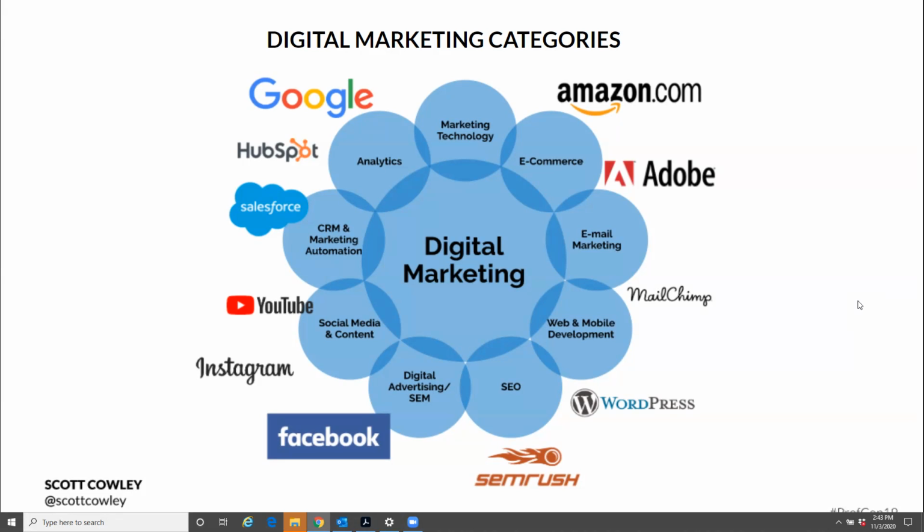You can hire somebody just to do the e-commerce piece. You can hire somebody on Indeed.com to just do email campaigns. You might hire somebody separately to do web development using WordPress. But you see all these different pieces: SEO, search engine marketing, social media and content writers, CRM, that's customer relationship management, and marketing automation.